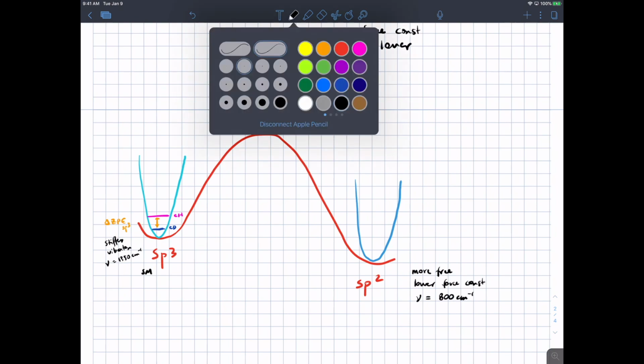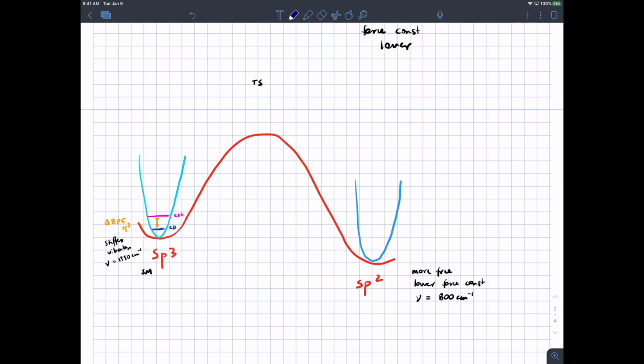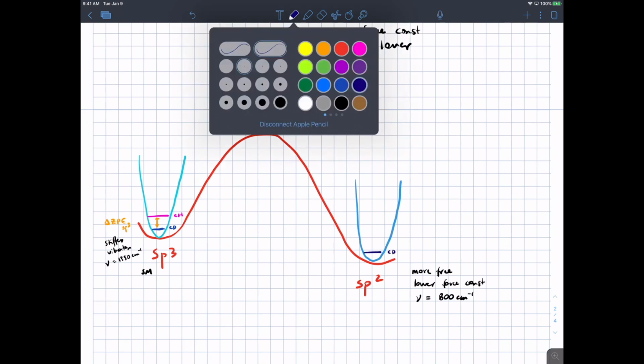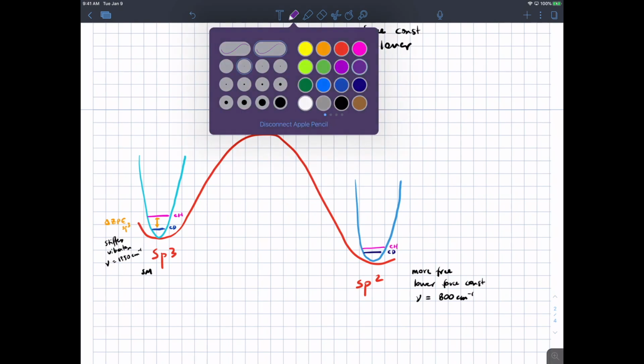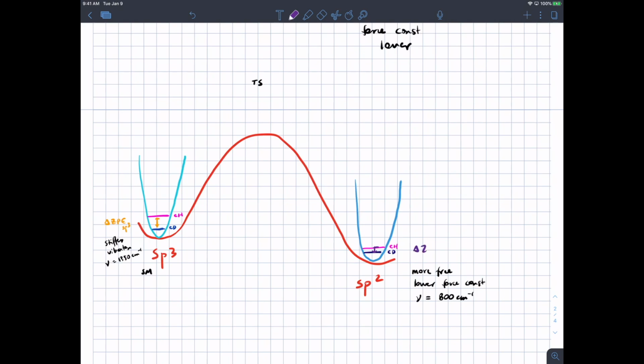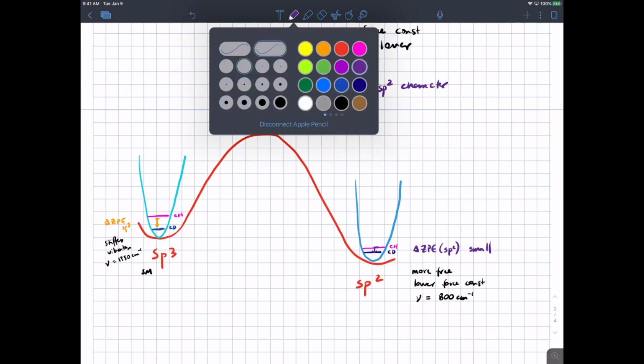And that should mean that the zero-point energy difference between carbon-deuterium versus carbon-hydrogen at the end of the reaction, this delta ZPE for the sp2 product, is small. If the transition state has lots of sp2 character where we've attached our deuterium,